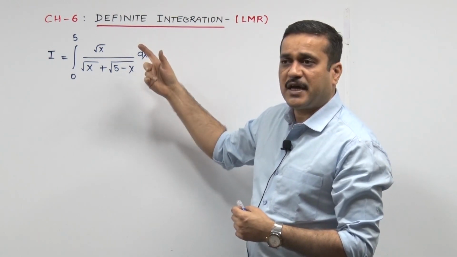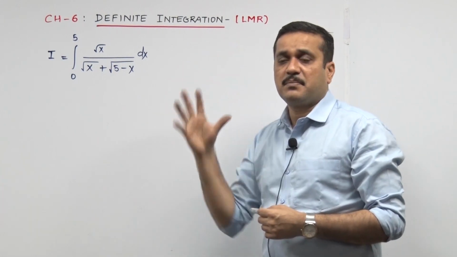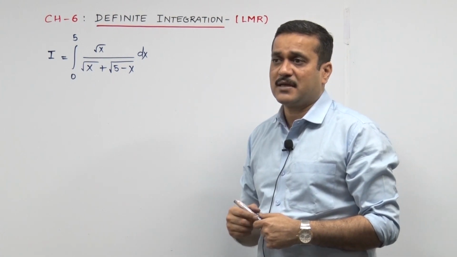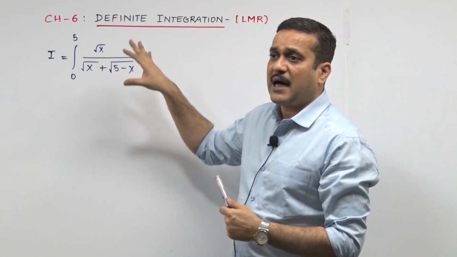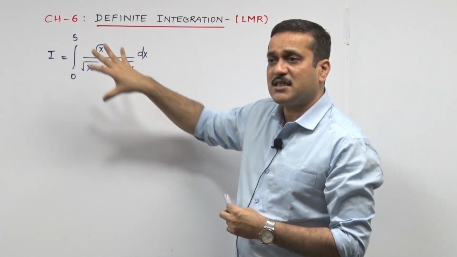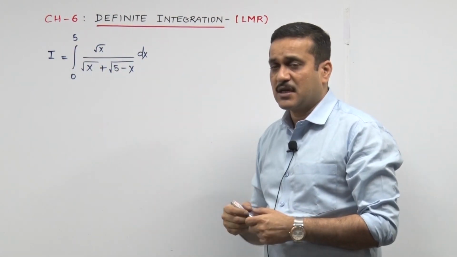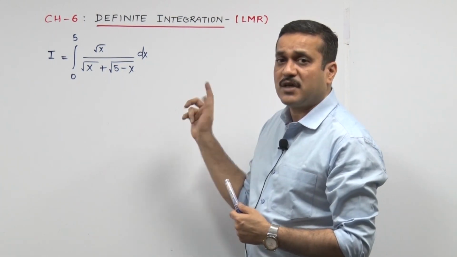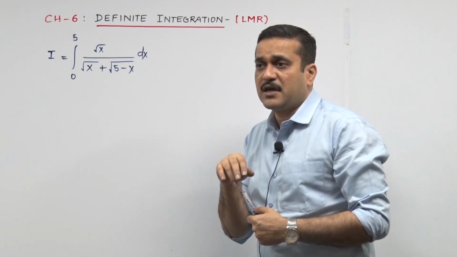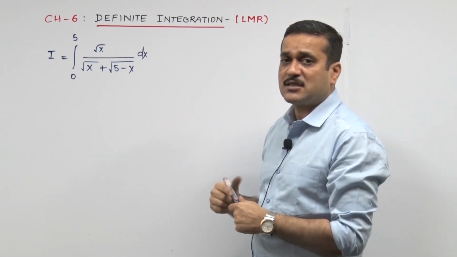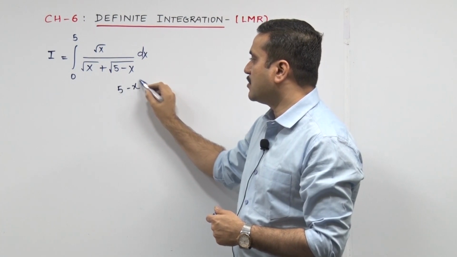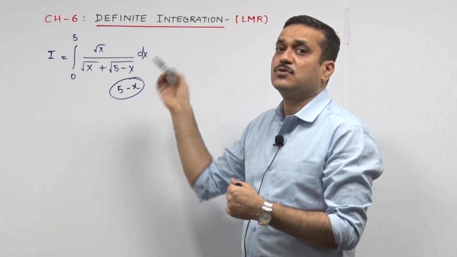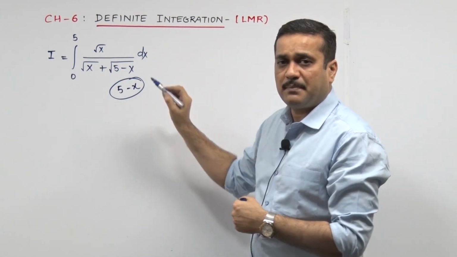So I saw 0 to 5, I heard 0 to a, so I got prepared: I need to change my x to a minus x. In that sum, I need to change my x to 5 minus x. I am writing that the answer of this is I. The reason for that, I will let you know as I proceed. But right now, applying the property gives me the freedom that I can change my x to a minus x. I hope you are all comfortable with the language. You can change your x in this sum to 5 minus x. So I write somewhere 5 minus x, so that I need not punch it again and again. Now somewhere in the corner I write 5 minus x.